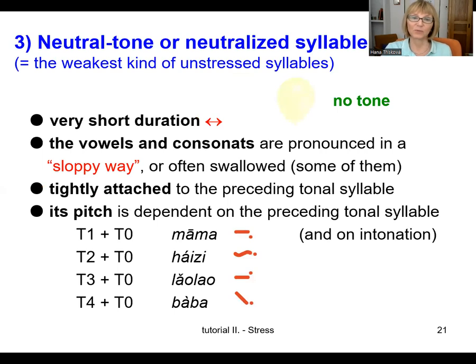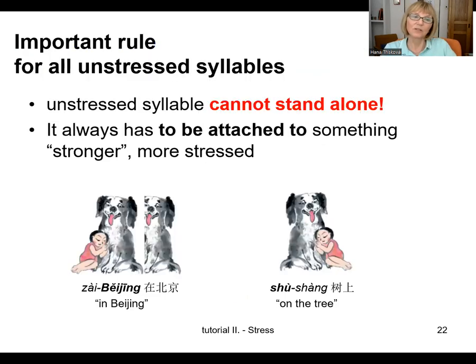The weakest kind of unstressed syllables are neutral tone syllables and neutralized syllables. That is those which do not have any lexical tone or no hearable tone. They have, again, very short duration. The vowels and consonants are almost always pronounced in a sloppy way or often swallowed. They are tightly attached to the preceding syllable, and their pitch is dependent, as we saw, on the preceding tonal syllable and intonation. 妈妈，孩子，姥姥，爸爸。